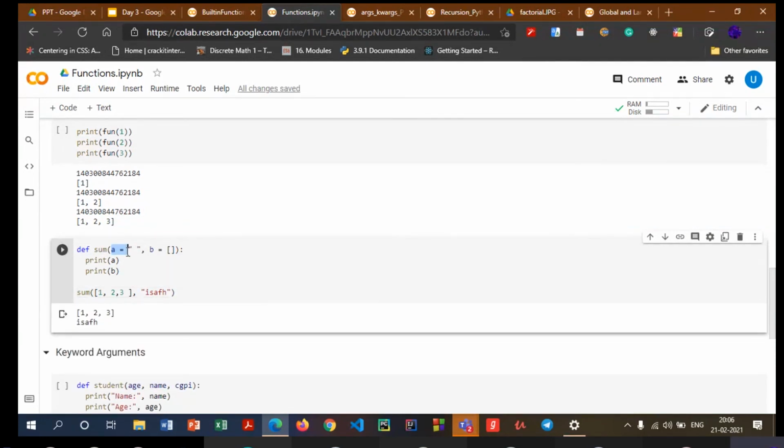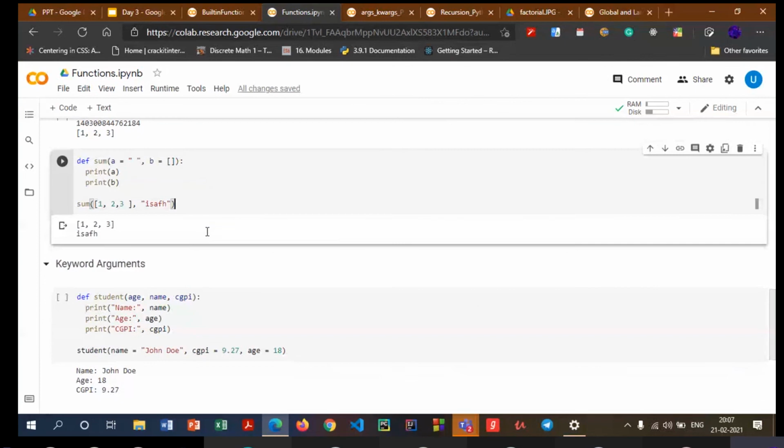Even though I've initialized the default value of a as a string and the default value of b as a list, this won't really have an impact when we pass values, because when we pass values, it will completely override the default value. So even though the default is a string, we can have a list as the value of a, and when the default is a list, we can have the value as a string. That won't really have an impact. But if I wanted the first parameter to be the value of b, and the second parameter to be the value of a, this is not possible when we just keep passing the parameters. This won't actually solve the problem.